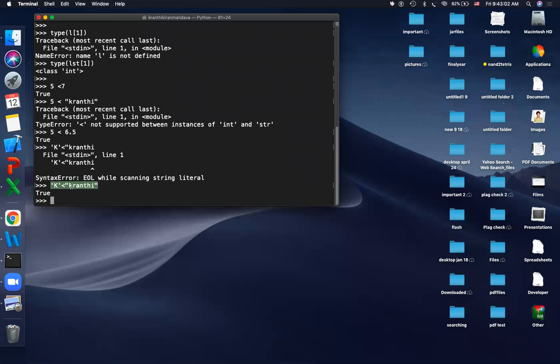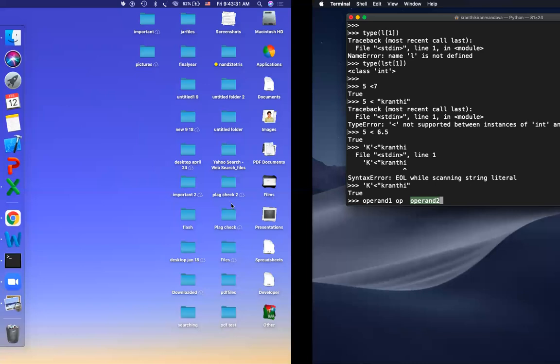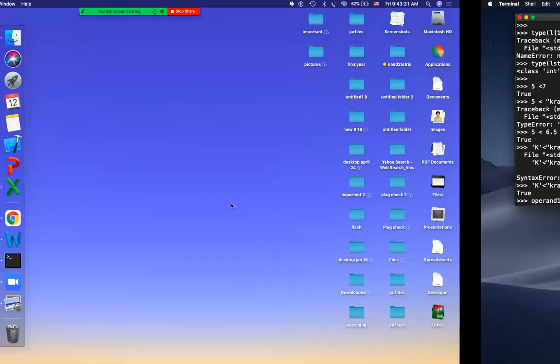So whatever the values might be, operand 1 and operand 2. For example, if there is an operator, you always need to consider operand 1, you have an operator, then operand 2. Both operand 1 and operand 2 should always belong to the same class. It's a very good doubt. Otherwise, I would have forgotten to tell you. I think you understand now, right? Yes, sir. Okay. Thank you for asking that.